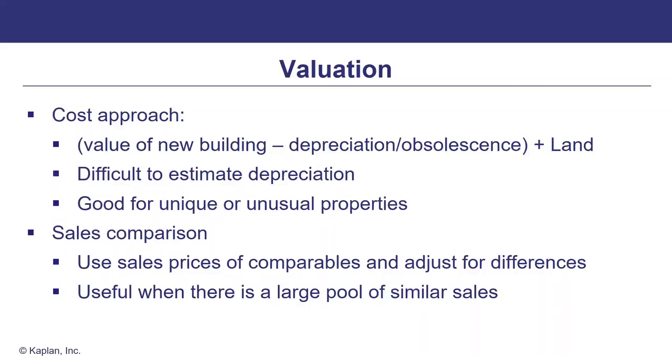And then an old building will obviously be depreciated, meaning not accounting depreciation, but degradation in value as compared to a brand new building. So the difficulty here is the estimation of the dollar value or euro value of that element, the depreciation and obsolescence. The calculation of the value of a new building in the cost approach, this portion is rather straightforward. You can get estimates of calculation that